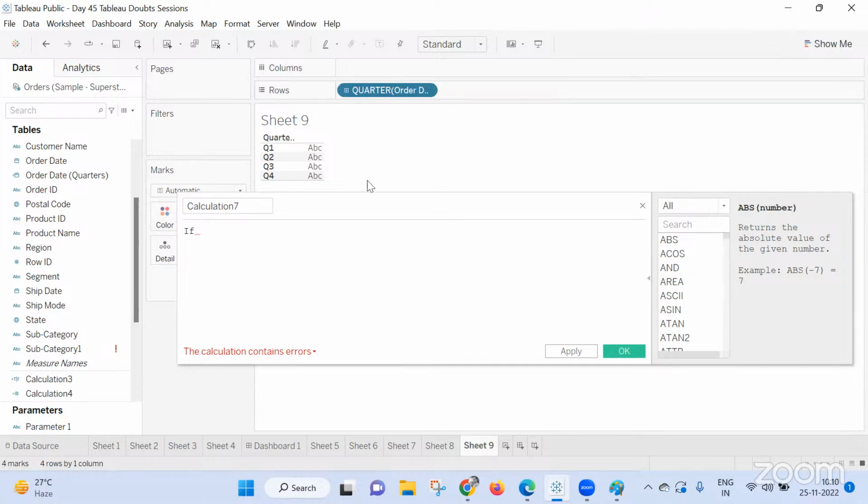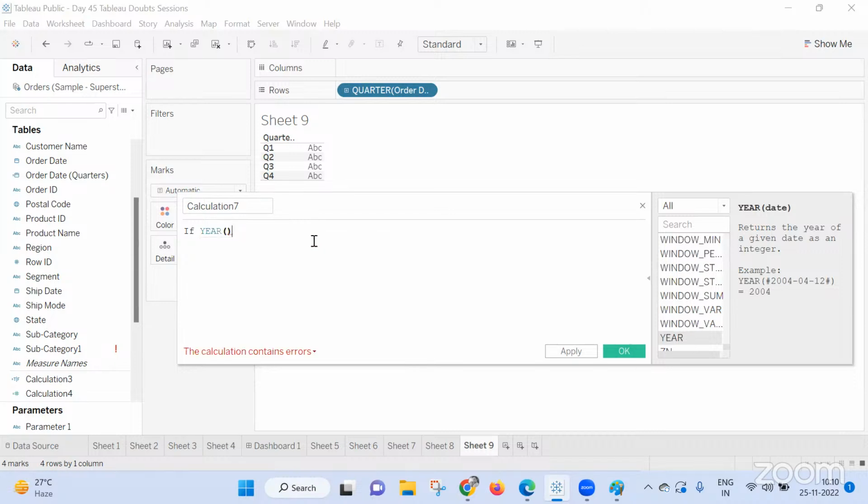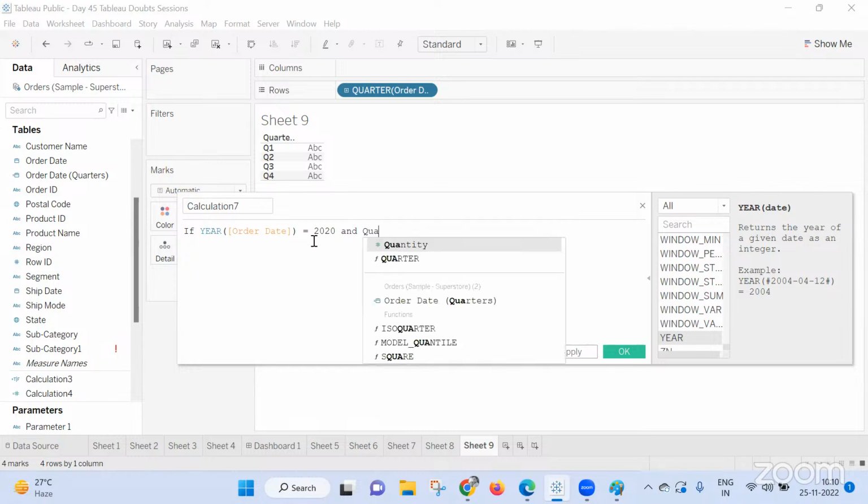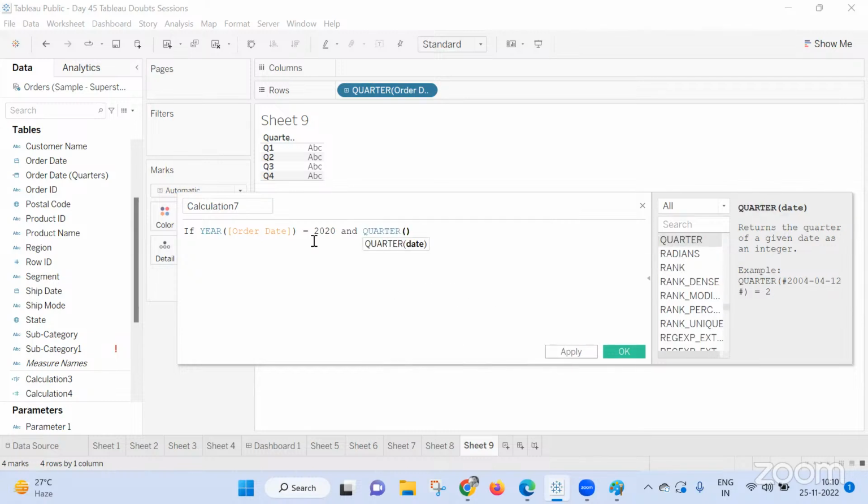Yes. In the sheet we have a quarter, that is simulation 2. 2020 and quarter of order date is equal to 1, then